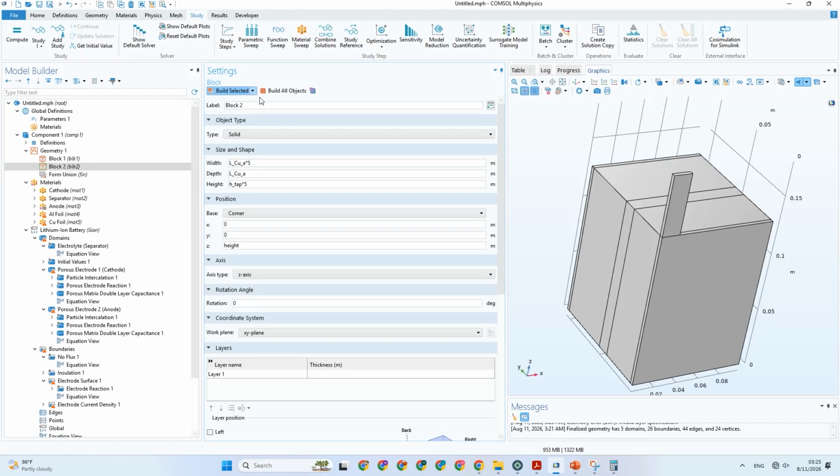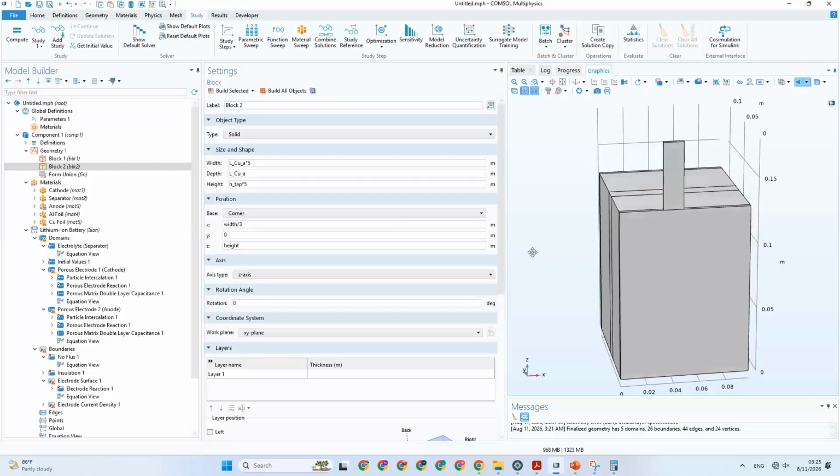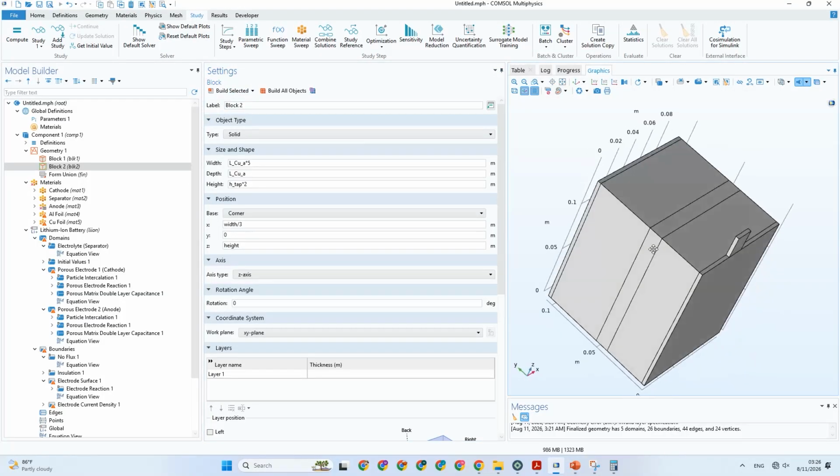Okay, and we can bring it in the middle, for example, x width 3. Okay, and the height also, it can be 2 times. Okay,